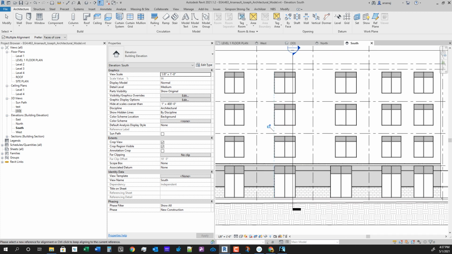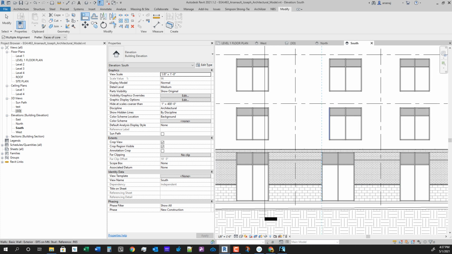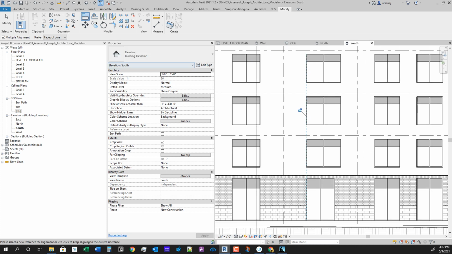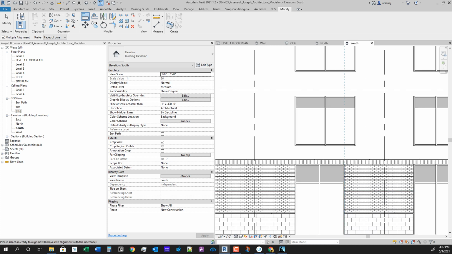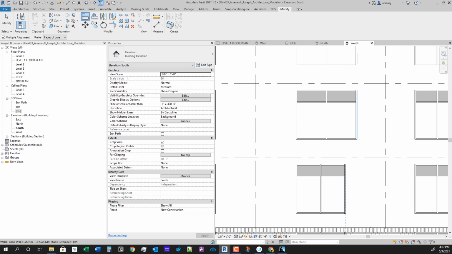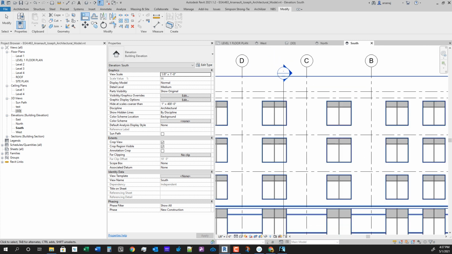So I'm going to hit AL, or actually I'm going to go to the modify tab. I'm still in the align command, but I want to get back into it so I can change the aligning edge. And again, I'll hit align or AL, and align. Now the next thing I want to do, which we should have done initially, was just make sure